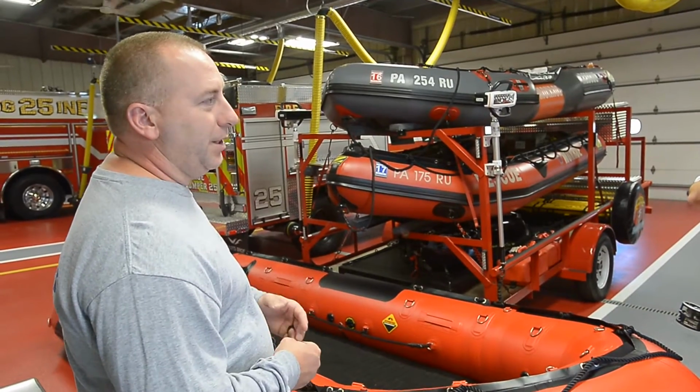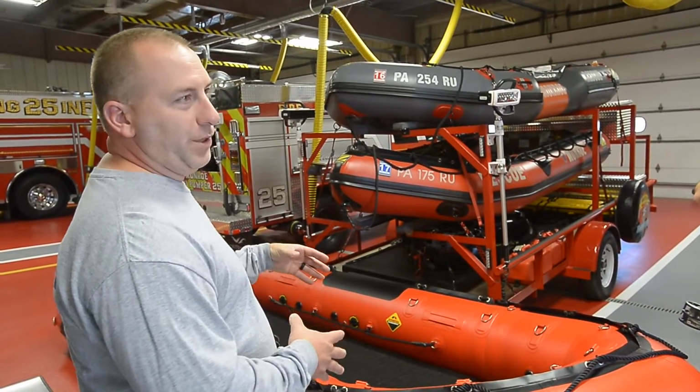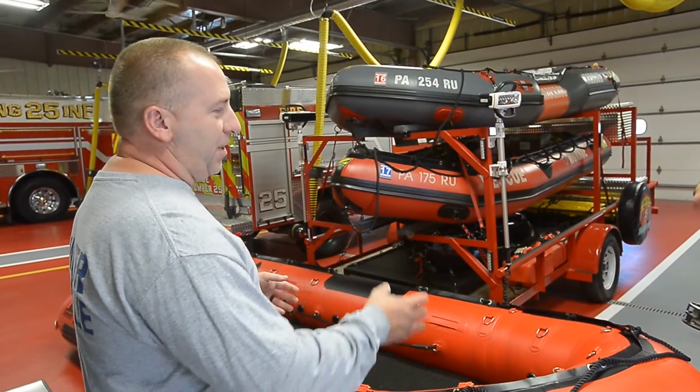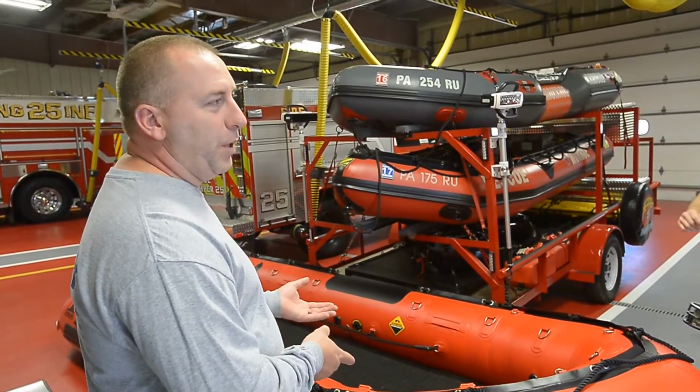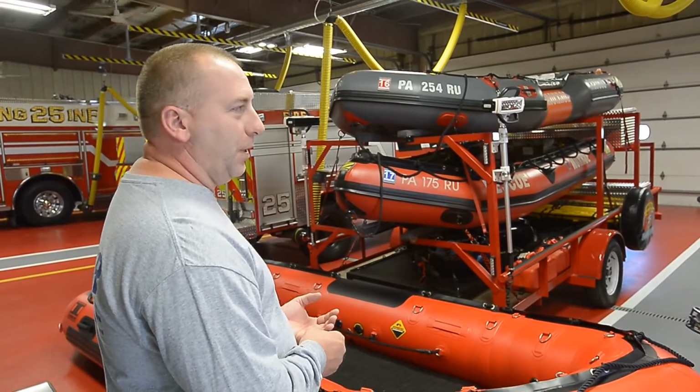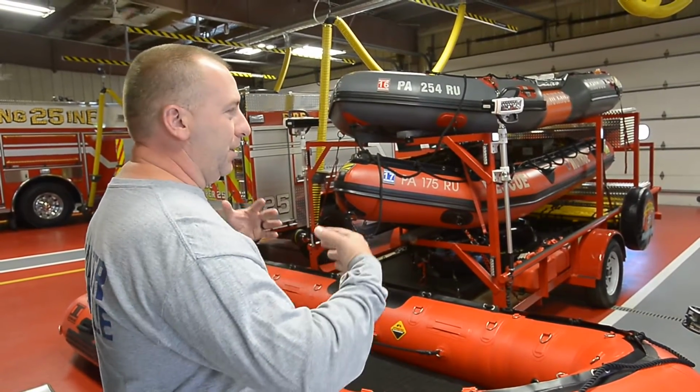A few incidents, did some work on the river, realized that boat wasn't the best suited for what we're trying to do with swift water. We graduated into our first inflatable boat, and since then we've been through about 4 other different boats, and just the progression of